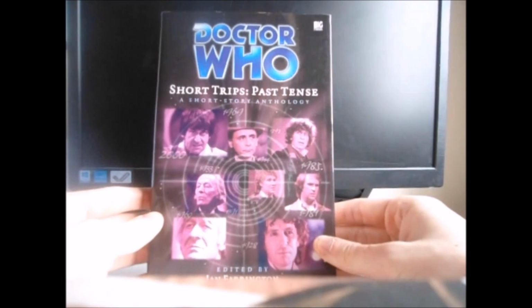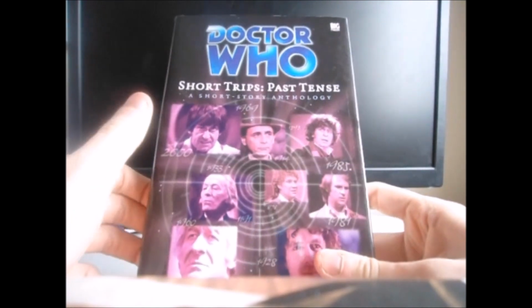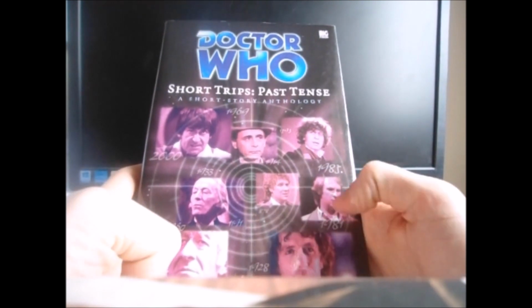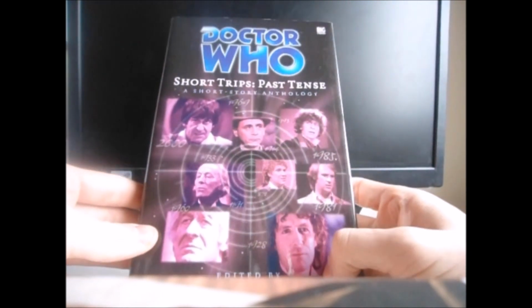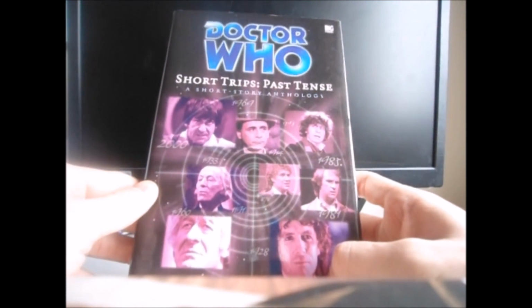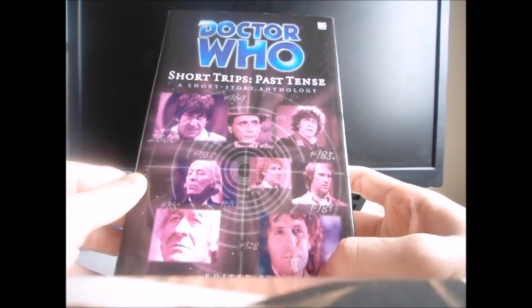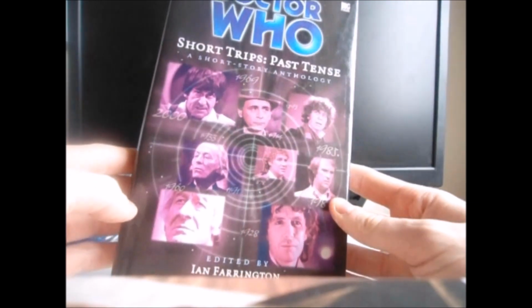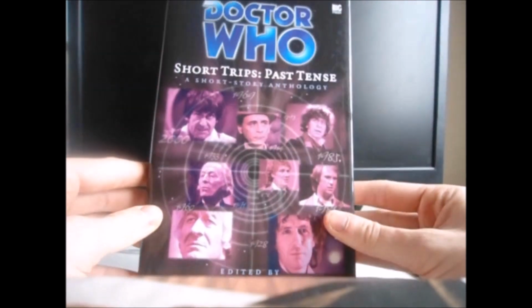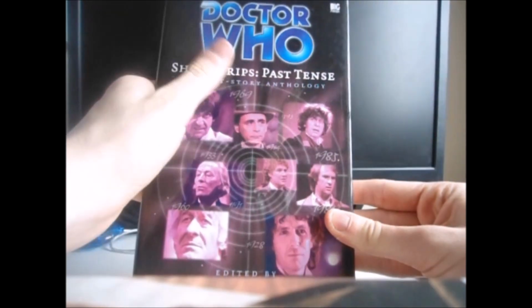So we have Doctor Who Short Trips Past Tense, a short story anthology, Big Finish, edited by Ian Farrington. Then there we've got a picture of the 2nd Doctor, 7th, 4th, 1st, 6th, 5th, 3rd, 8th. And they've got various years surrounding them: 2000, 1969, 1593, 1914, 1983, 1933, 1191, 1960, 878, 1981, 1928, in this very sharpshooter pattern there, with a nice explosion in the background, which reminds me of a Doctor Who title sequence, which is very nice, and